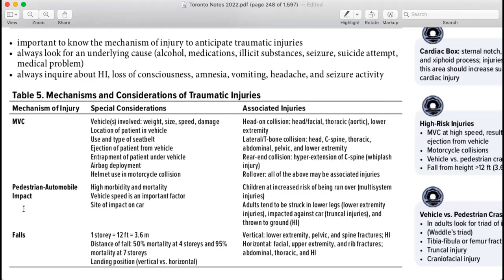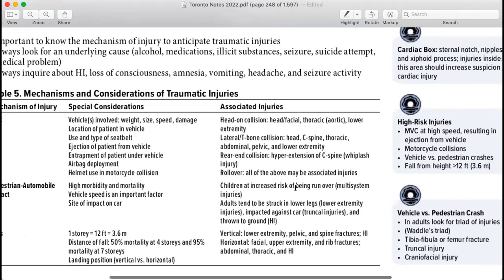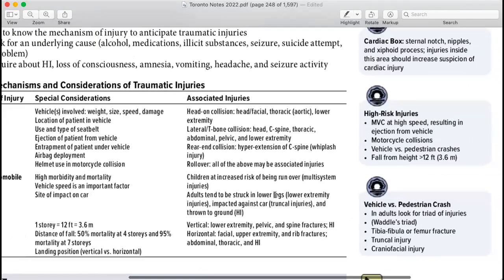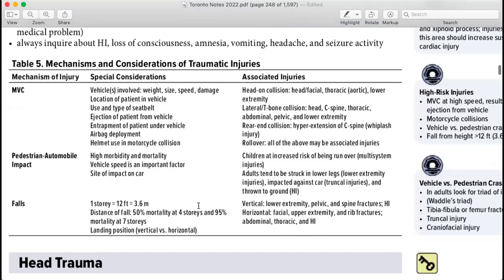Pedestrian and automobile: in those, children are at increased risk of being run over. Adults tend to be struck in both lower legs, impacted against the car, and thrown to the ground. Falls,